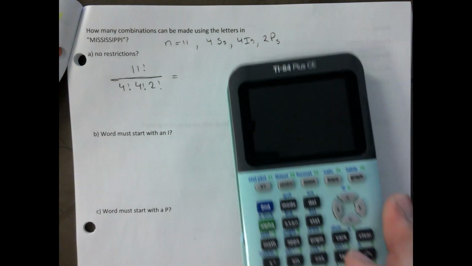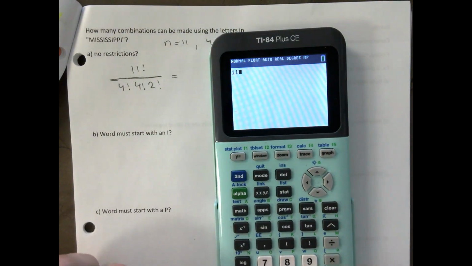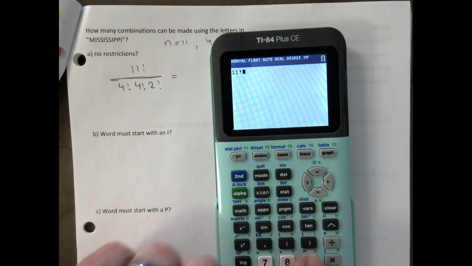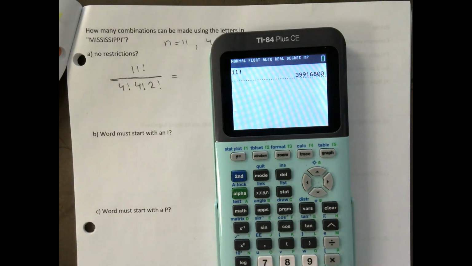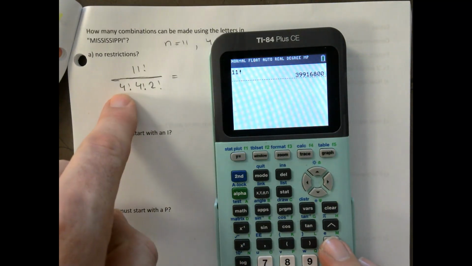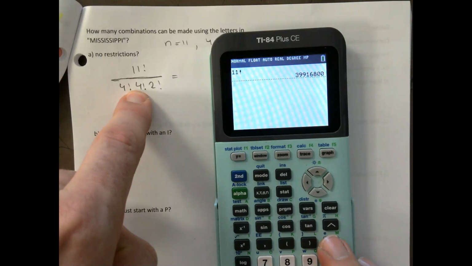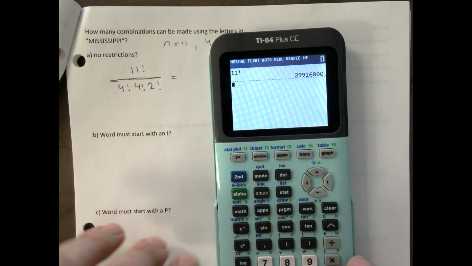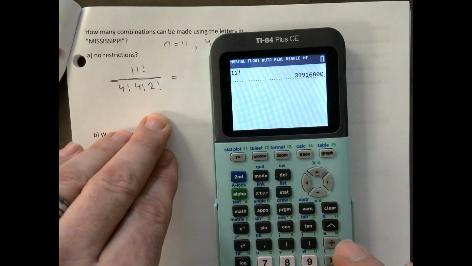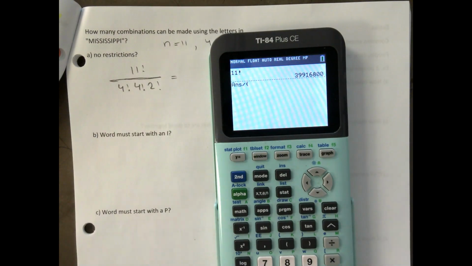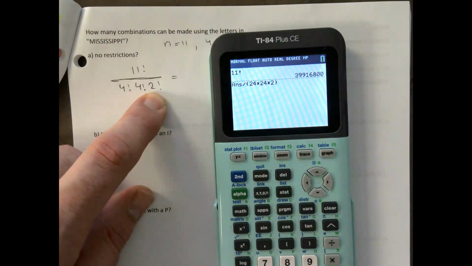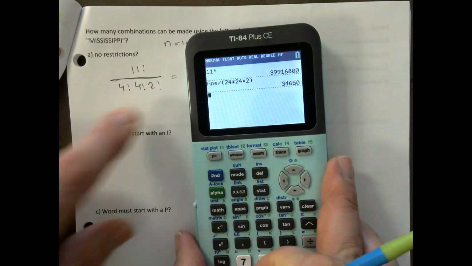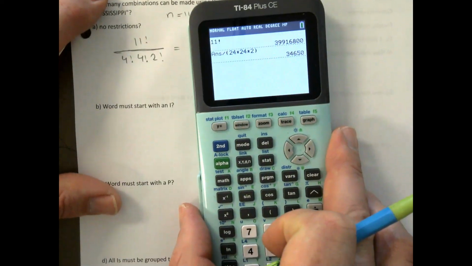And I don't have an answer. Is it possible to do this? Yeah, no problem. If you want to do this with your calculator, please be careful. If you just go divided by 24 times 24 times 2, you're going to get the wrong answer. So if you want to do this all in one shot, you've got to go divided by bracket 24 times 24 times 2, close the bracket. That's what you should be getting. 34,650